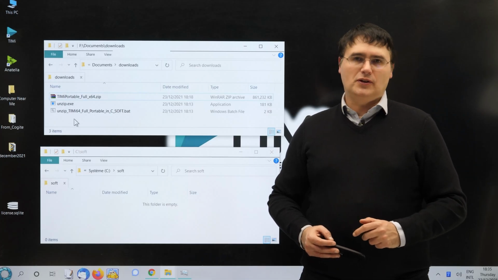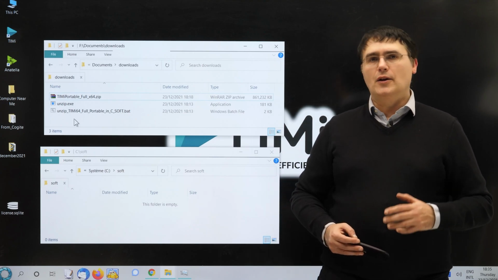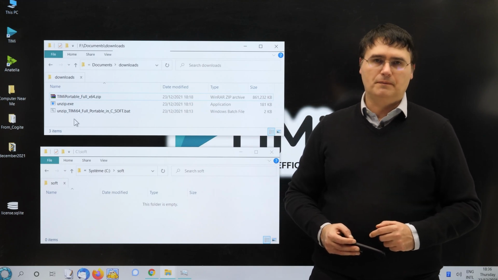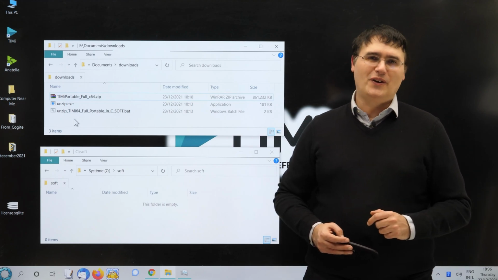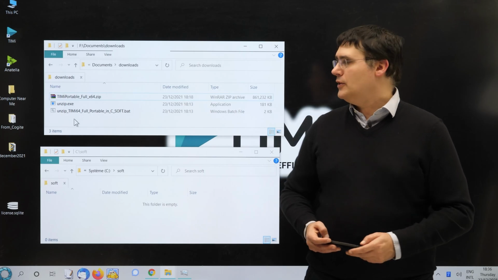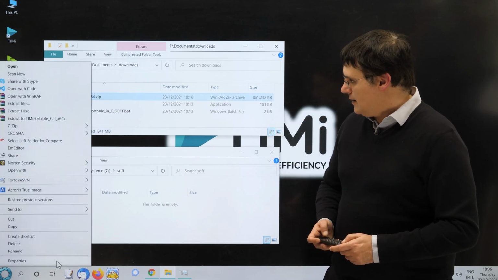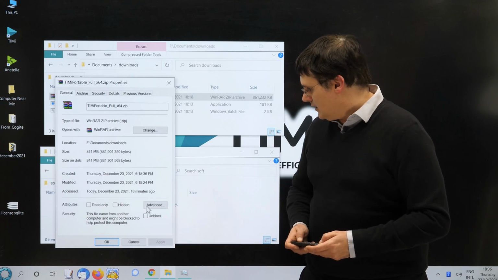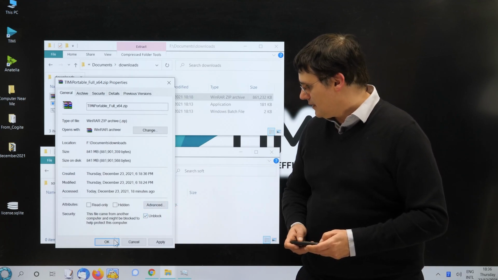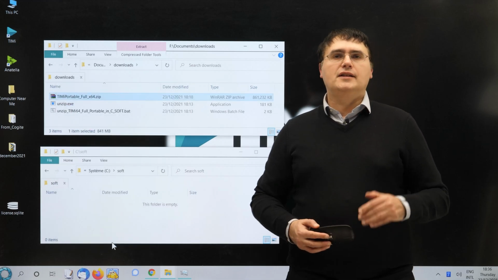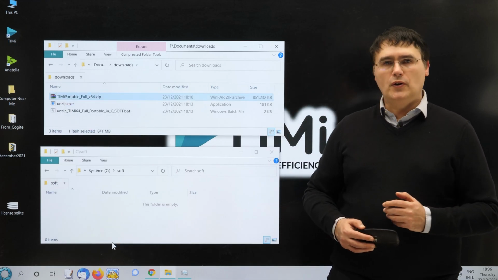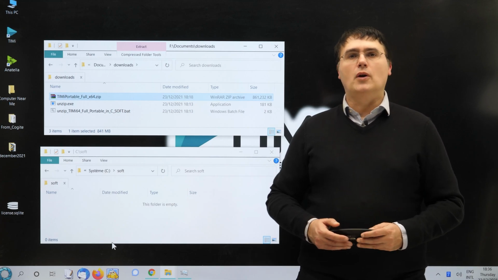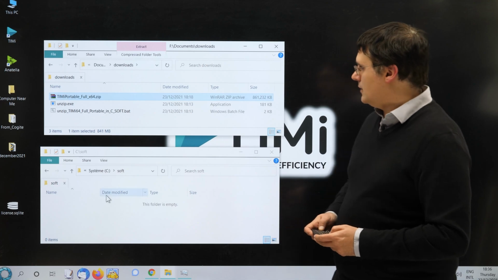Alternatively, you can also do the same procedure manually using any unzip tool. For example, I will use the integrated zip tool included inside Windows. But before unzipping the file, you may want to open the properties window of the zip file there and click the little checkbox just there, Unblock, like that. This is not required with the current Windows version, but it could be useful in future versions. So we are now going to unzip our zip file. So let's do that.